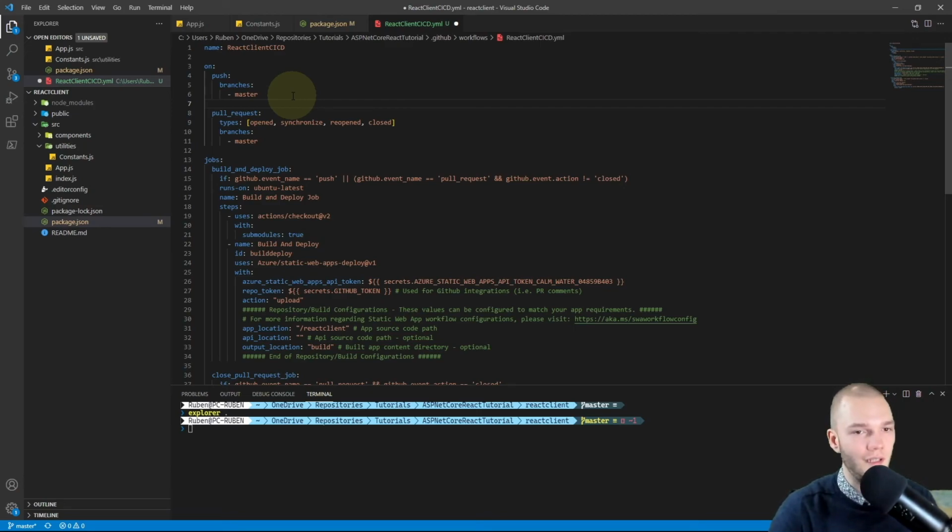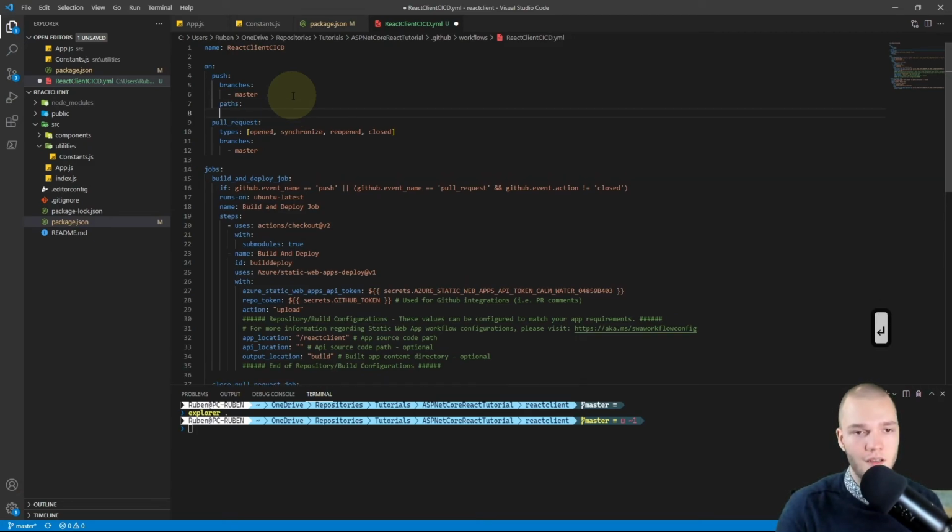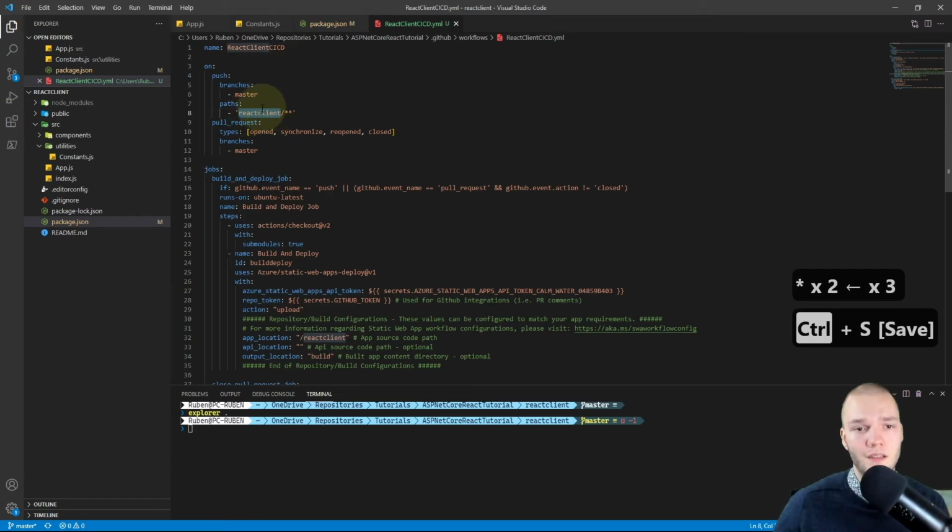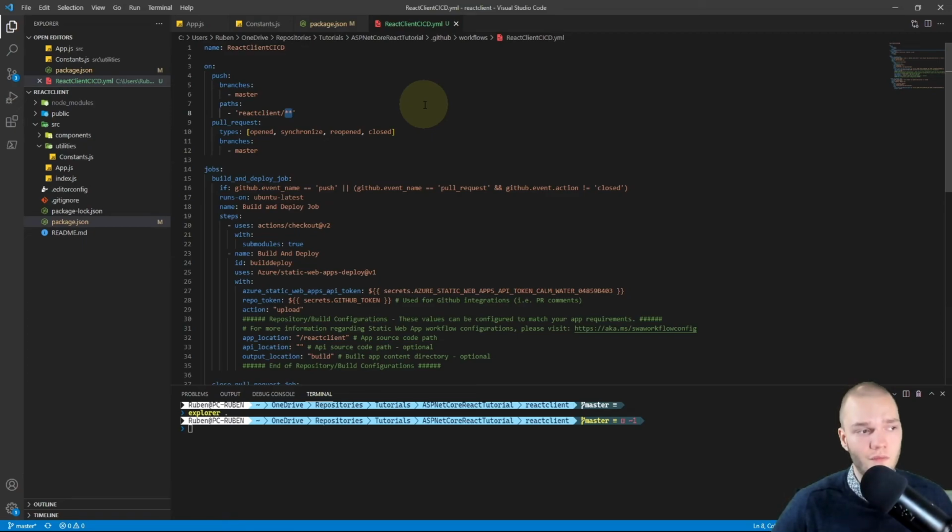It's very important in YAML, else it won't compile. Then I'm going to add paths, colon, and then do a tab, and then we can pass in all the paths we want GitHub to check. So I'm going to do single quotes and do react-client/**, so everything in the React client folder, and then the /** means everything in that React client folder.